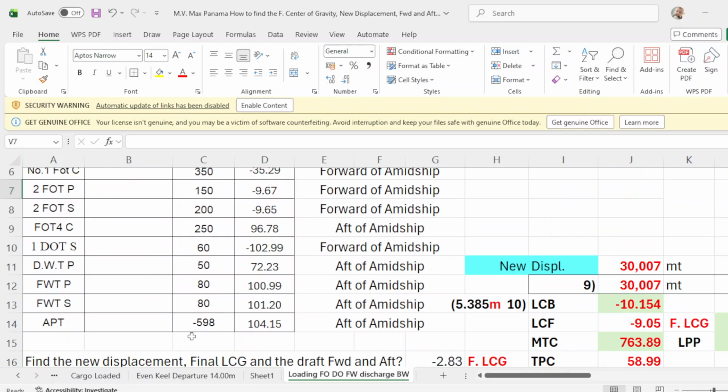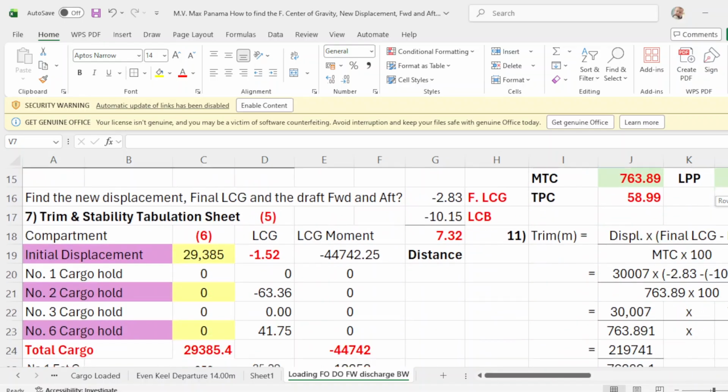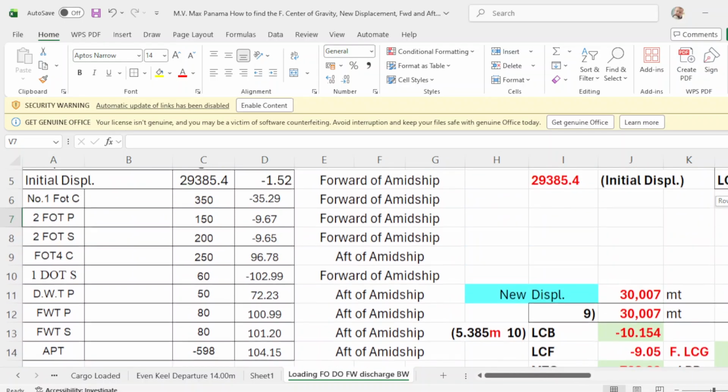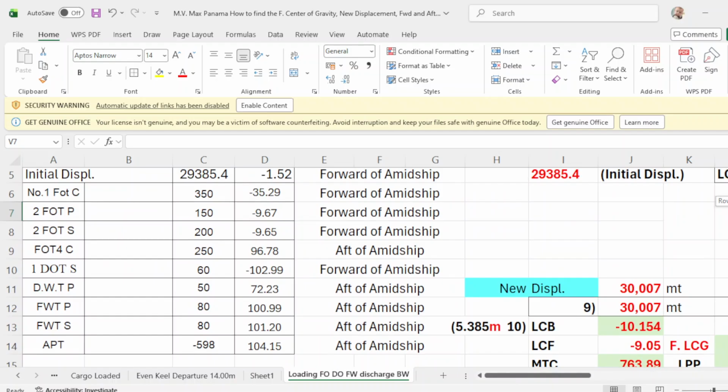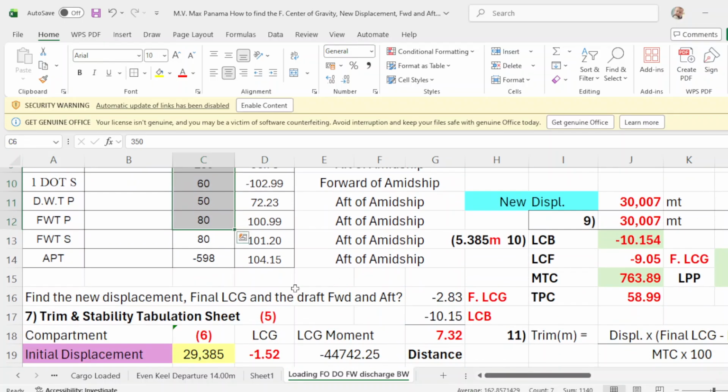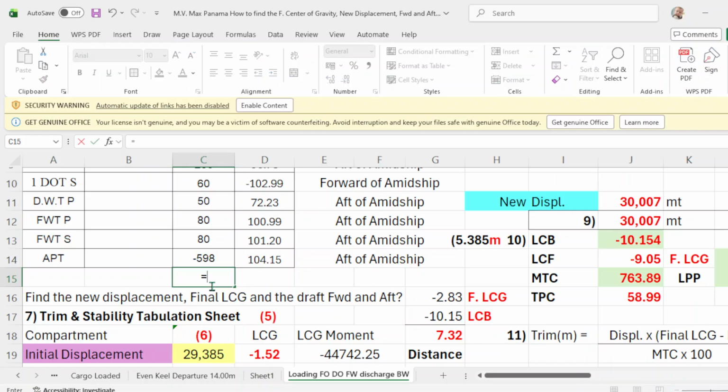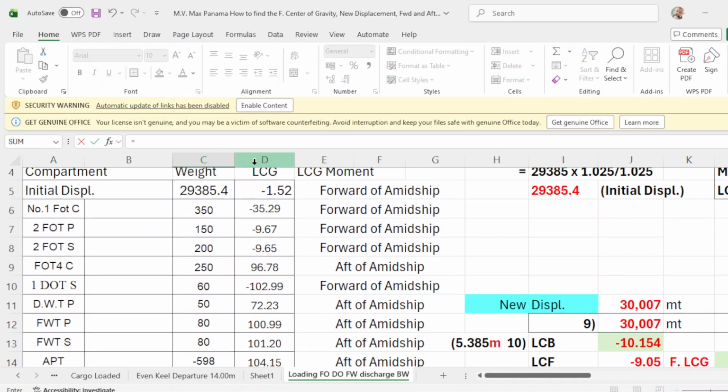And you discharge after peak, you discharge after peak of 598. That's why it's negative, because you're going to discharge. So what I'll do, total this one, the weight. Just highlight this one